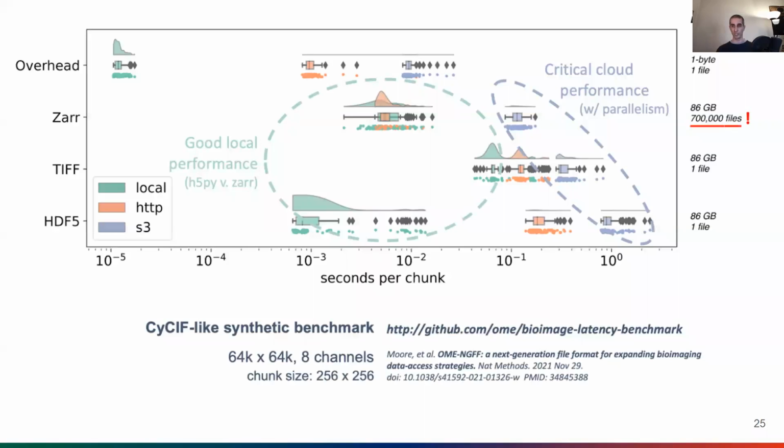And I won't go through this slide, happy to talk about it, but the take home is as you move things into the cloud, so as you try to start scaling up, you have new forms of storage, the user will start experiencing a slowdown. The slowdown is particularly bad for other formats. Here, HDF5 is at the bottom. It's kind of the worst of the ones we looked at. We compared several different file formats.